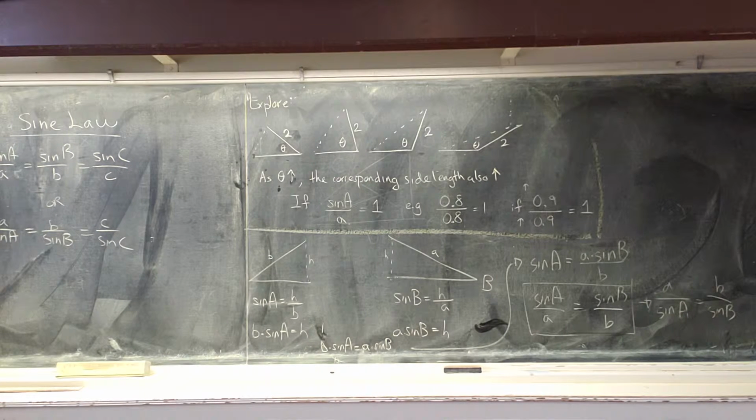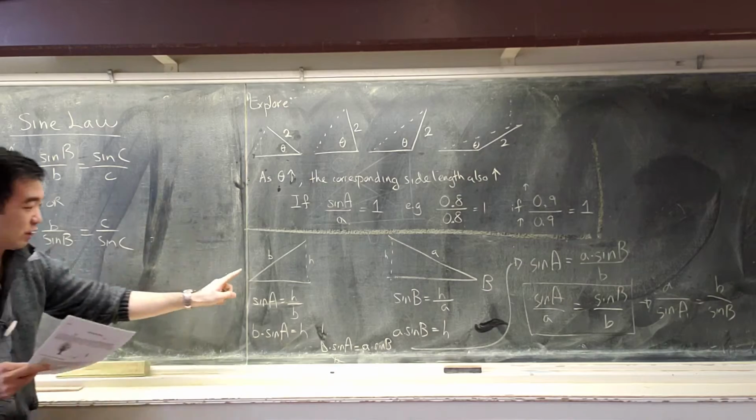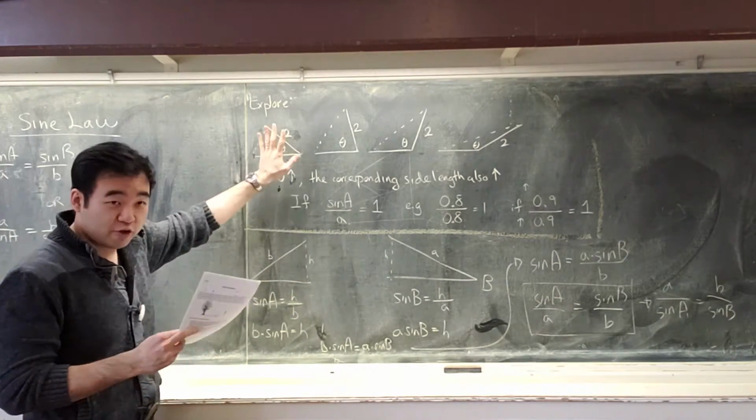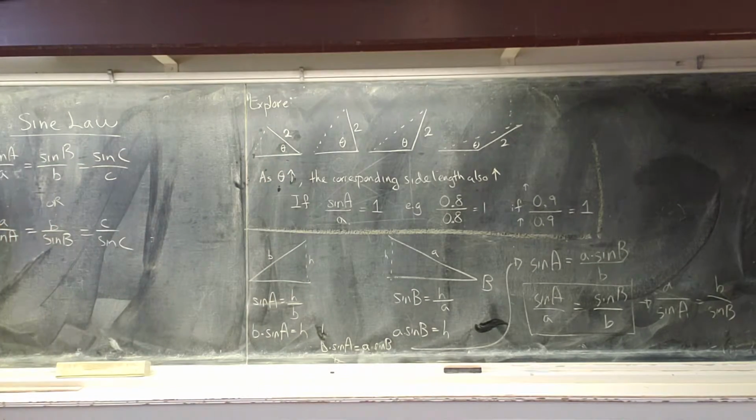Yes, question? So little a, the side length, and the corresponding angle, those two should always be the same number. Yes, of course, because we've established we were trying to pair them together. It has to be the corresponding angle, which means, it's a very good point,